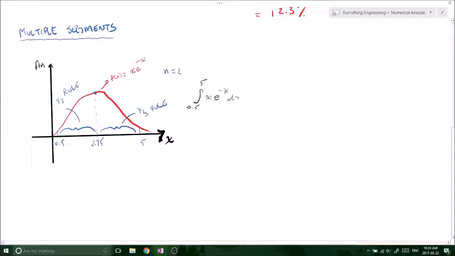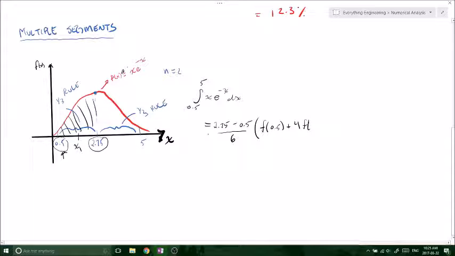So the value of our integral from 0.5 to 5 of x e to the minus x dx is equal to, now we want to look at the first segment, and we are just considering this portion. Our upper limit in this case is going to be 2.75 and our lower limit will be 0.5. So when we do b minus a over 6, we have 2.75 minus 0.5 over 6, and then that will be times our f of 0.5. Now we want to find the midpoint. So 4 times our function value at the midpoint, the new midpoint, midpoint number 1,